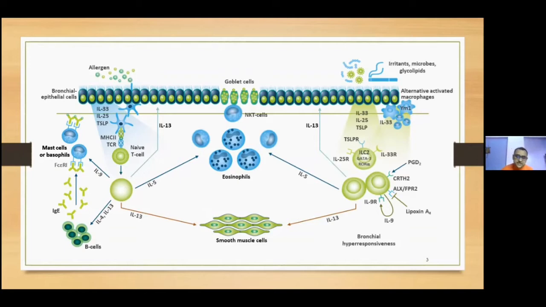But in this particular diagram, what we want to focus on is that there are two types of inflammatory pathways: the type 2 high inflammatory pathway and the type 2 low inflammatory pathway. The type 2 high inflammatory pathway is generally characterized by activation of cytokines derived from T helper cell 2, that is Th2 cells, and innate